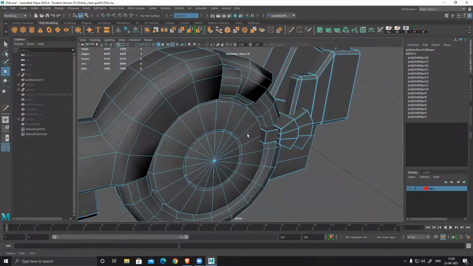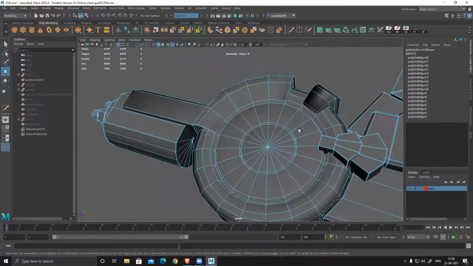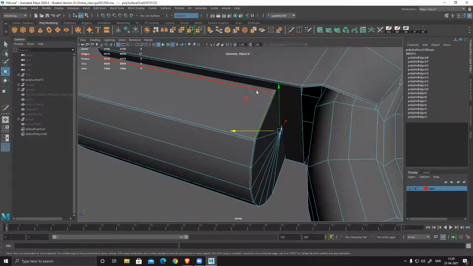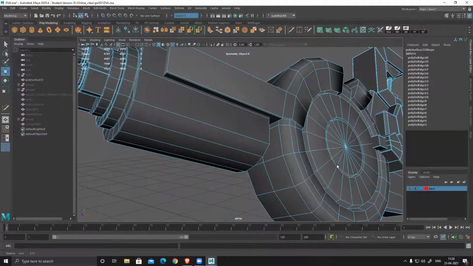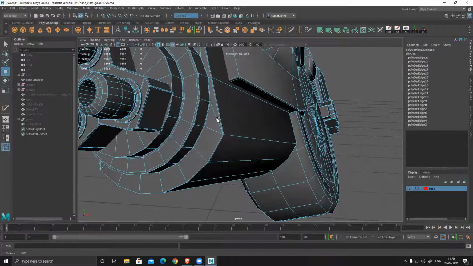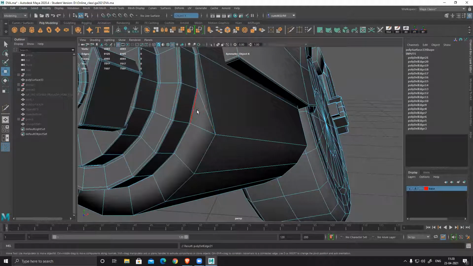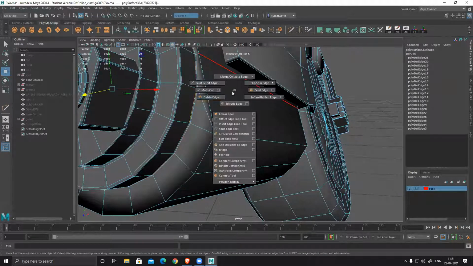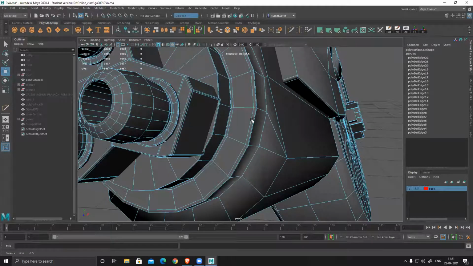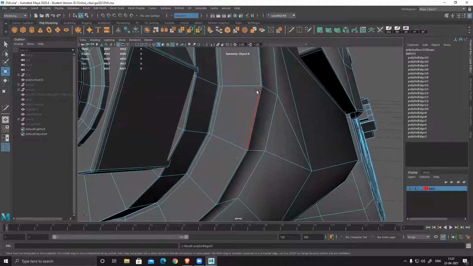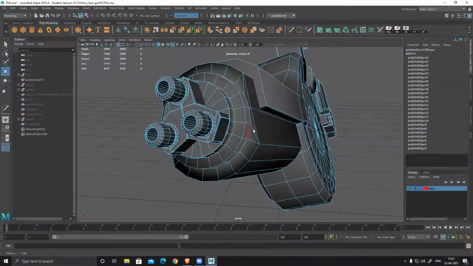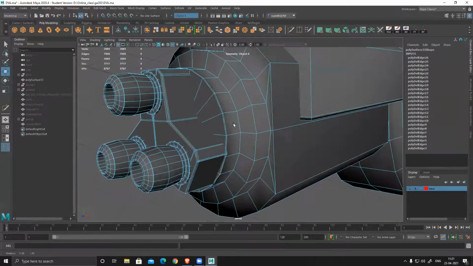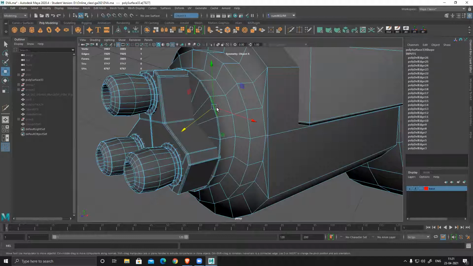So like this, you have to get rid of any of those extra loops, edges, or anything. Delete everything. Make sure it's super clean. There is no issue. No unwanted edges. Full clean. No need to worry about those black lines or black shading.